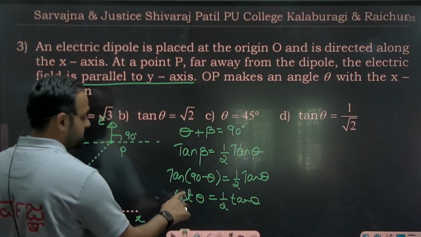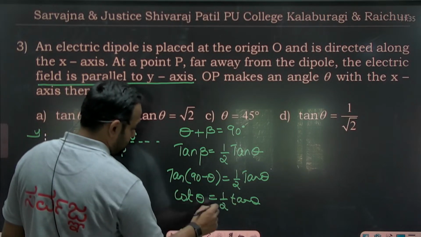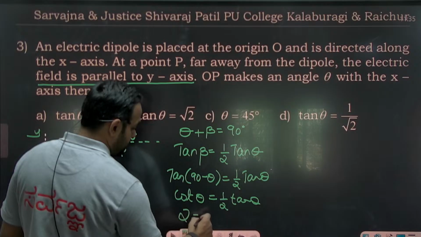So if you rearrange this, cot theta is 1 by tan theta. Sending 1 by tan theta to that side, tan square theta, and 2 to this side, we'll get 2 is equal to